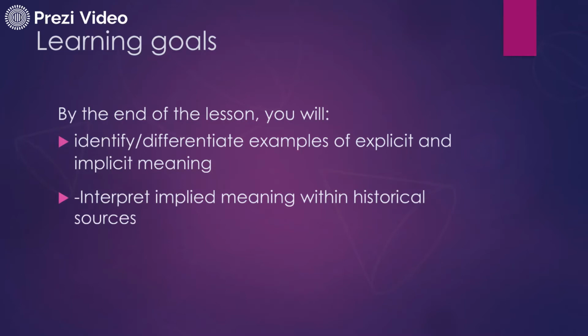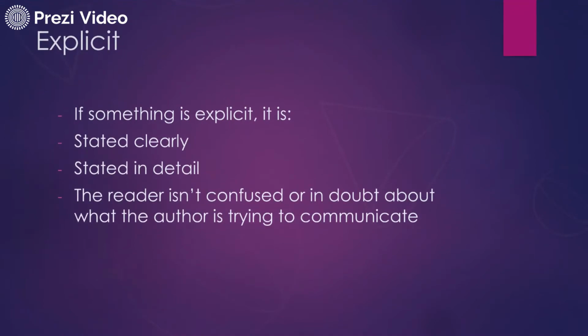So, explicit and implicit. These words may sound similar, but they have very different meanings. Let's start with explicit. If something is explicit, it means that it is clearly stated or stated in detail. When we think of historical sources, especially written texts, most of these sources are explicit because the author of the source is trying to communicate clearly and in detail what they are talking about or what they are trying to convince you of. So if something is explicit, the reader isn't confused or in doubt about what the author is